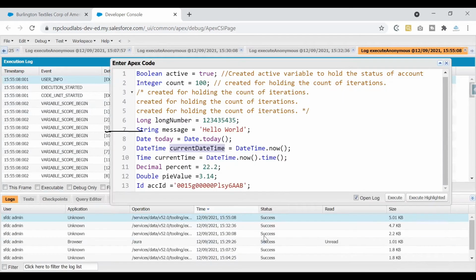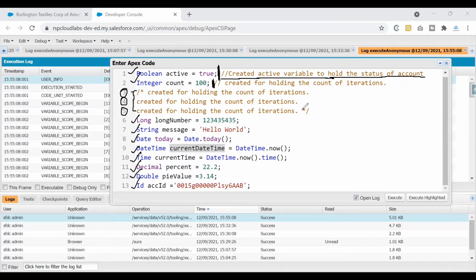Anything that you have commented in the code would not be considered by the system. So these 3 lines would be ignored, and anything that is after this single line comment would also be ignored. So only the lines that are not commented would be considered by the system. It would consider till this point, and it would ignore these 3 lines, and it would consider the things which are not commented out. All those lines would be considered, and the lines that are mentioned in circles are being ignored.